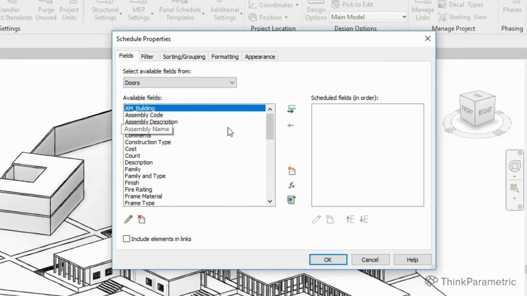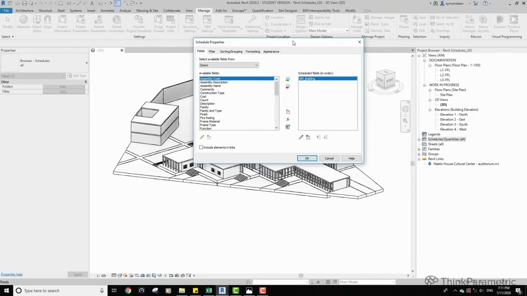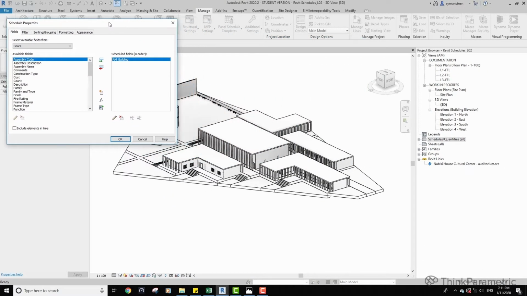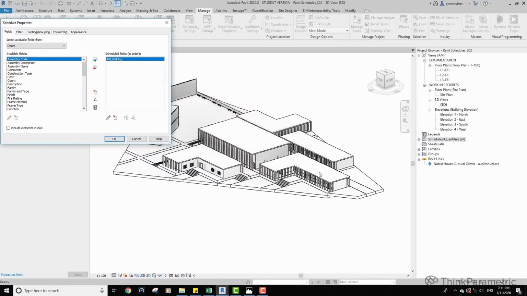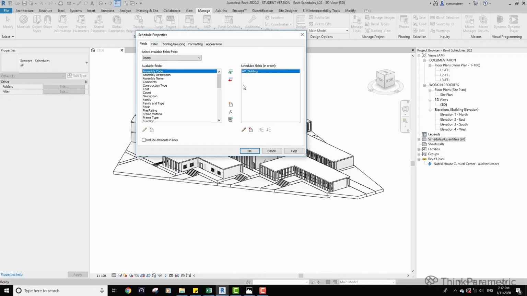Let's include this parameter. This is a custom parameter. It indicates the location of the door. So we have multiple buildings, and I want to indicate the doors of every building. So this will allow us to group the doors of every building.